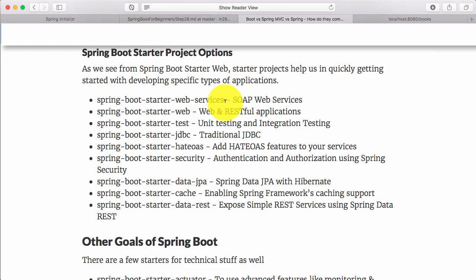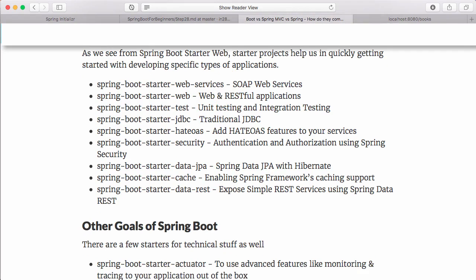In this step, we would want to look at the various starter projects which are present in Spring Boot. In the last step, we looked at Spring Boot Starter Test, Spring Boot Starter Web, and Spring Boot Starter JPA. We look at other starters which are present in this specific step. This will be a short step, but it would be great for you to understand the different starters that are